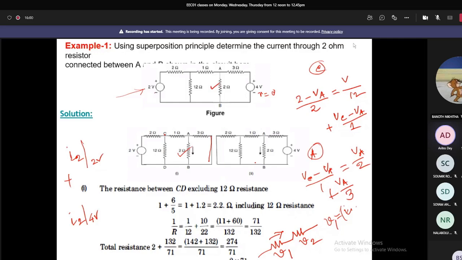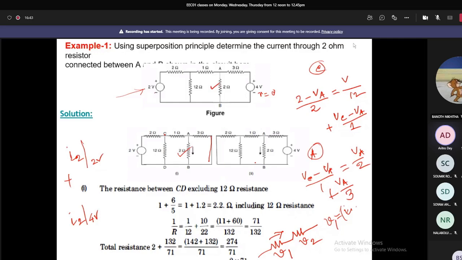For this particular problem, this is how I have solved using nodal analysis. I told that by the theorem we can take one voltage or current source at a time, while we replace the other source by its internal resistance. So for the figure, I have taken only 2 volt and I have replaced the 4 volt source by a short circuit because it is an ideal voltage source, right? So that we have done, and then I have to calculate the current IAB through this 2 ohm resistor. For that, I found it easier if I do nodal analysis.